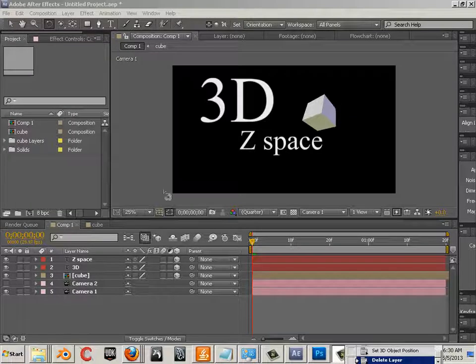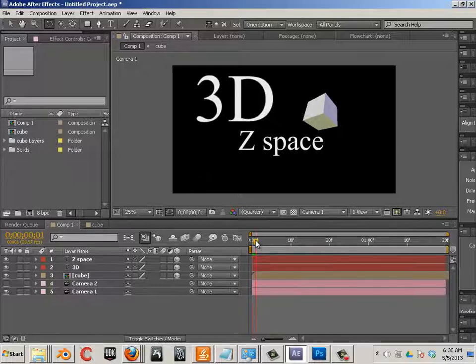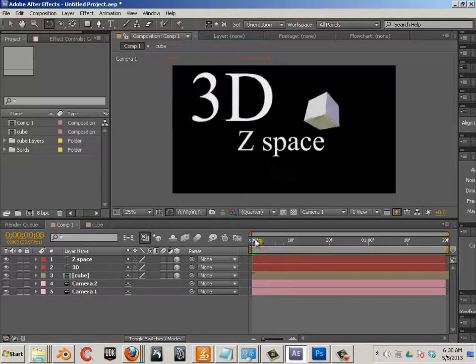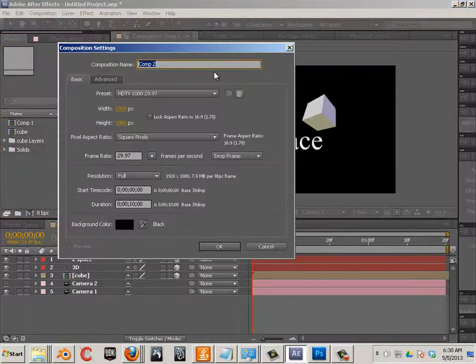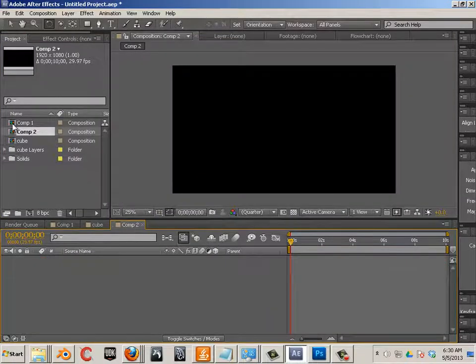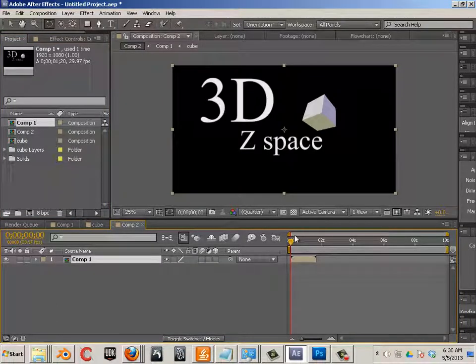So instead of adding camera shake to a camera, you should add camera shake to either the objects that you're viewing or a background. Looks really good too. Or a composition. In this case, I'll choose composition. Okay, so this is comp 1. Let's make a new composition and click OK. And then we'll drag comp 1 down to the new composition. So now I have this.